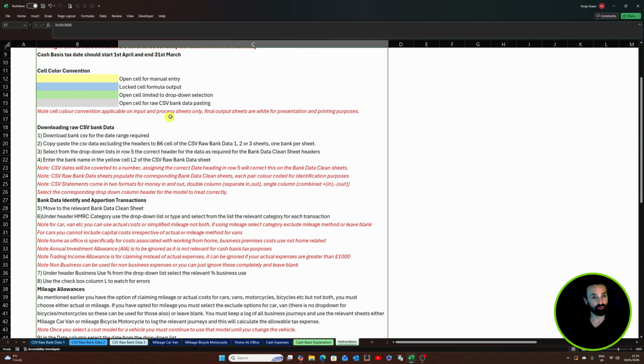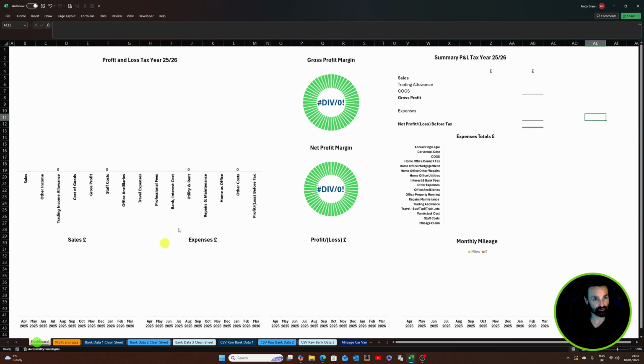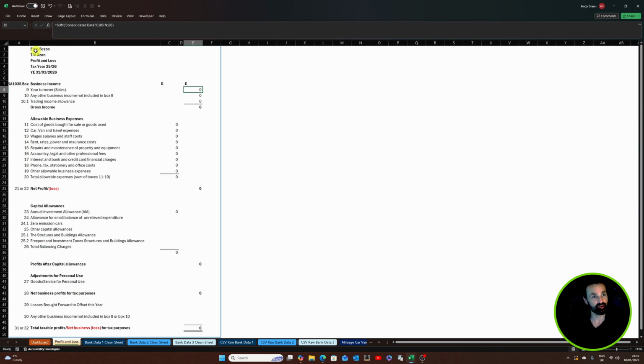Right, so having entered this and set up our model with the dates, if we went back and looked at it now, you would see that everything says Elon Bezos and these dates. So let's just have a look, see that's right. Because this was blank before, it actually said 00. Now you can see it says profit and loss 25, 26. Go on to our profit and loss here. It says Elon Bezos, trading as Exxon, profit and loss tax year 25, 26, year ending